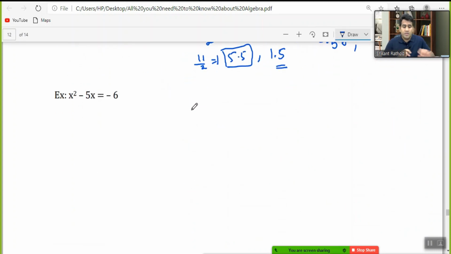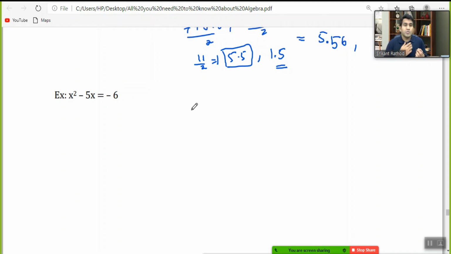All right. So let's take the same example. As I told, we can also solve the quadratic equation with integer roots by using the quadratic formula. I have taken the same example from the previous one, to show you that if you solve with the quadratic formula or by splitting the middle term, you're going to get the same answer. If the roots are integers, go with factoring. If not, you go with the formula. But you can also solve the equation by using the formula as well. Let's see how we do it.